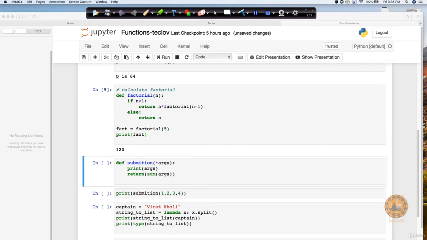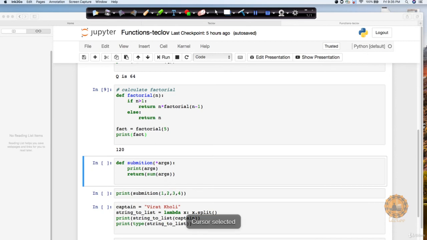Second thing I'm doing is whatever arguments are there, I want to sum them up also. So let's say I pass 1, 2, 3, then it should say 1 plus 2 plus 3. Okay, so that's what I want to do. And if I'm passing this in summation 1, 2, 3, 4, you can notice here what is happening,